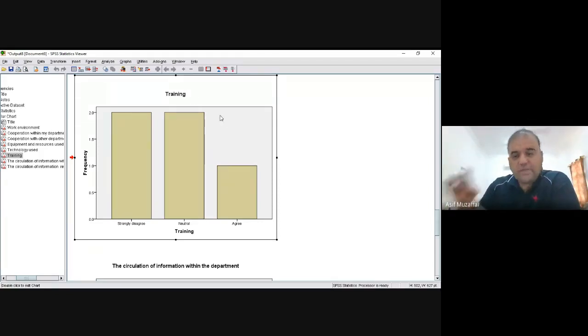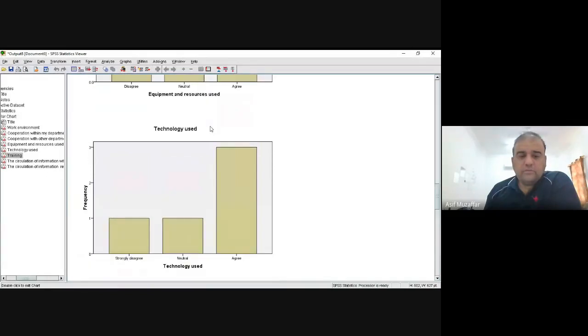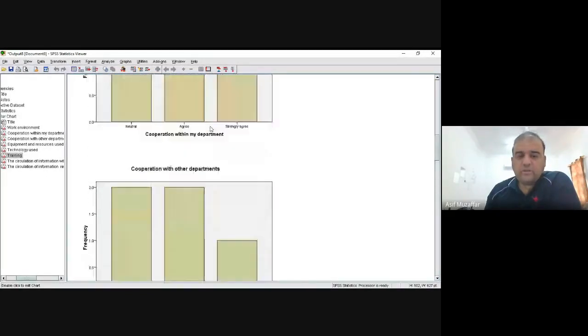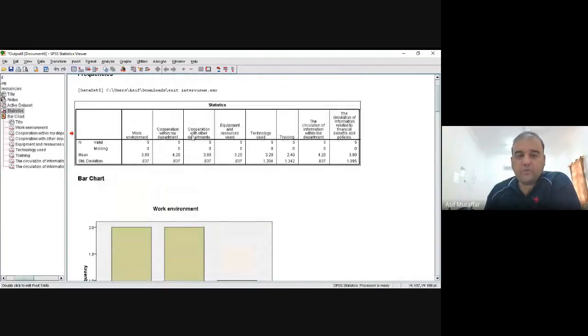What I'm doing, I'm just describing the data through graphs. Do you get my point? This way you can describe every graph or the mean, median, mode. That is why these are called descriptive statistics.